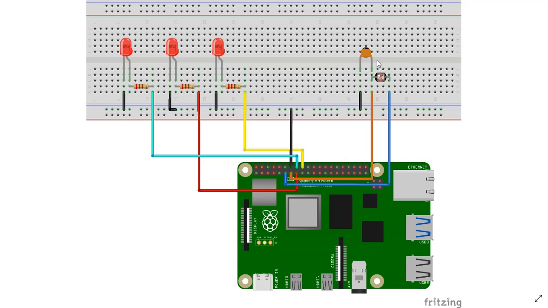The LDR sensor here has a 0.1 microfarad ceramic capacitor attached to one end of it. This is used for drawing the resistance values based on the time constant concept. One end of the capacitor is connected to the ground and the other end is connected to one end of the LDR sensor. We have a connection junction here. The junction is connected on the Raspberry Pi board at pin 27, that is GPIO 27, and the other end of the LDR gets connected to GPIO 17 on the Raspberry Pi board.